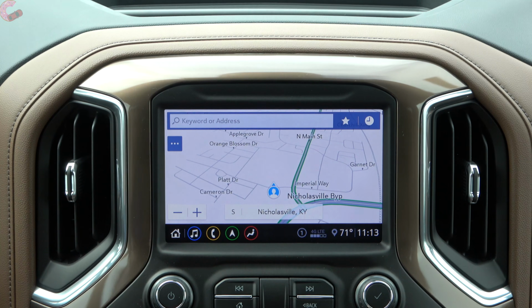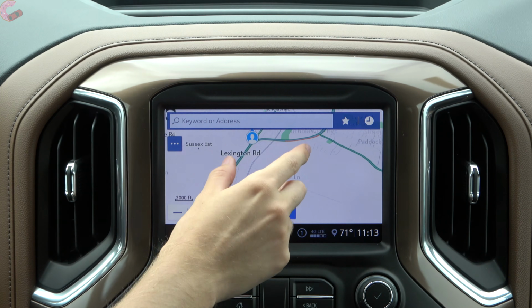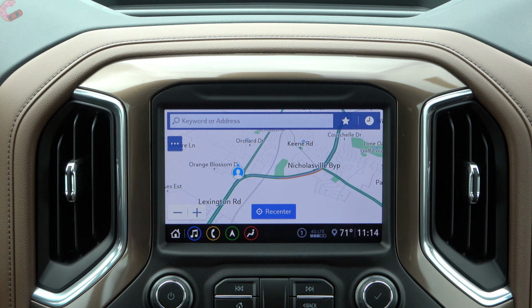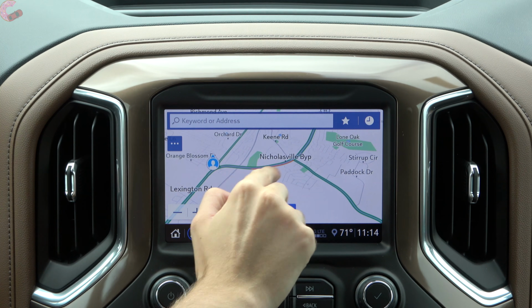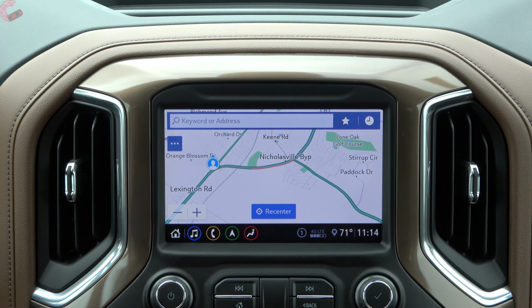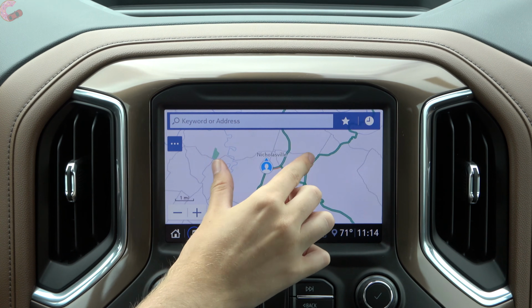Next up we have our navigation system. This is one of the biggest step ups for the Chevy Infotainment 3 system because it comes with this new navigation system. It's much more dynamic than it was before, so you're looking at a lot more features. As you can see right here, we have a glowing area. This is our traffic representation, so we have live traffic. You're probably also noticing we have pinch to zoom,